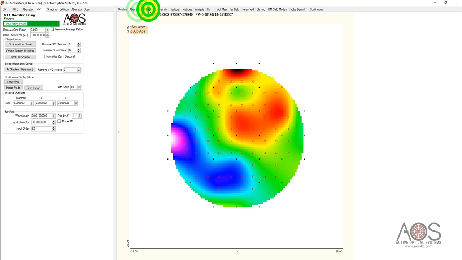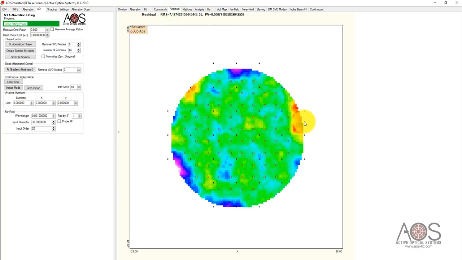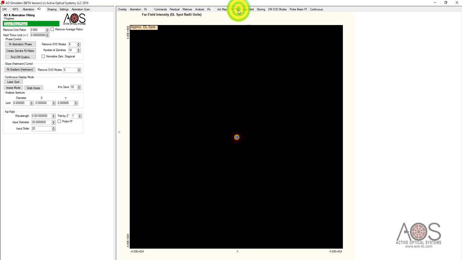These look very similar in low frequency space. Residual looks pretty good except for at these edges. One way I like to visualize that though is to take a look at the compensated far field. So this is the compensated far field, and to give you something to compare it to, I'll do a probe beam far field. So this will take now, let me do it, this near field pattern,